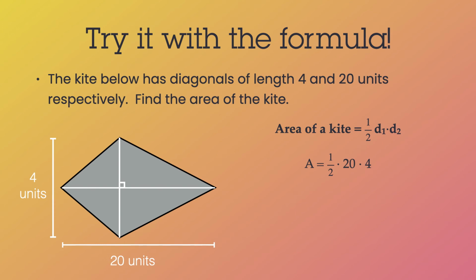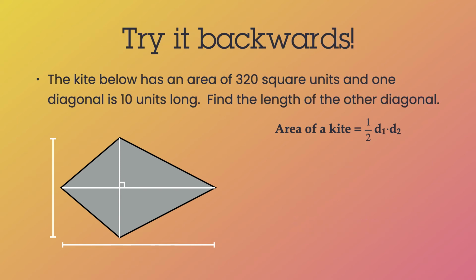Let's go ahead and multiply these then. 1/2 times 20 gives us 10, and then 10 times 4 gives us 40. So our final answer then is 40 square units. Now let's try this backwards. What if we know the area of the kite and we know one of the diagonals, but we need the second one? The kite below has an area of 320 square units, and one of the diagonals is 10 units